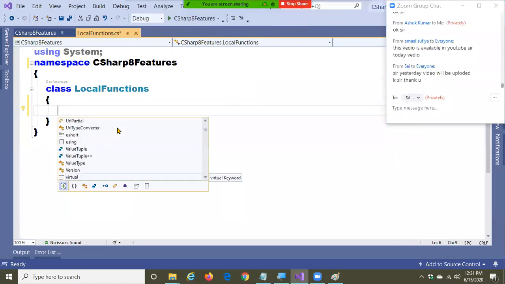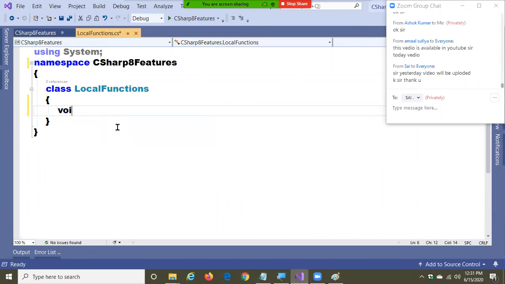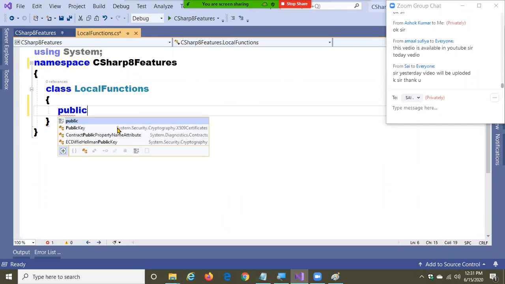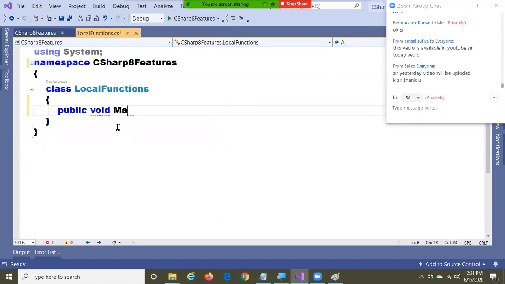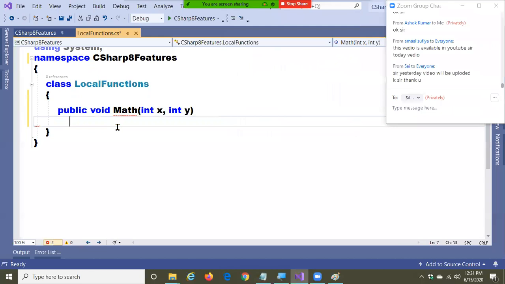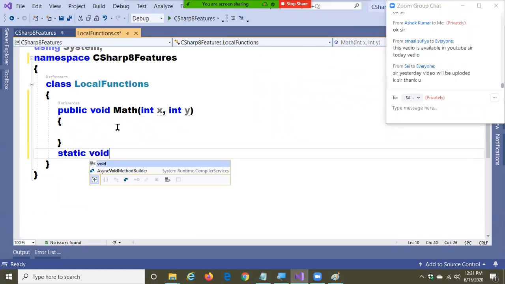I'm writing a method like this here. What do you know? Public void Math(int x, int y).